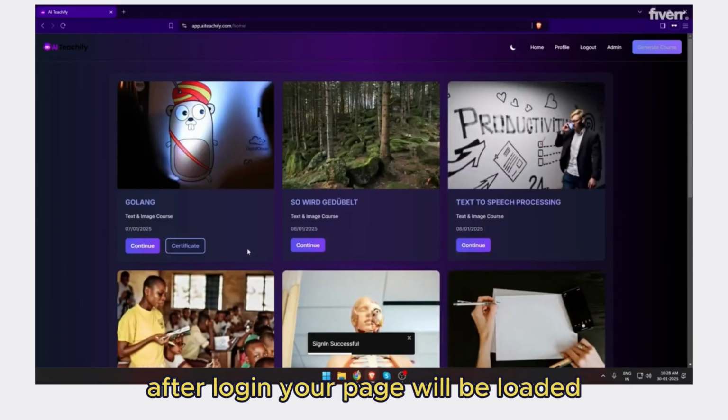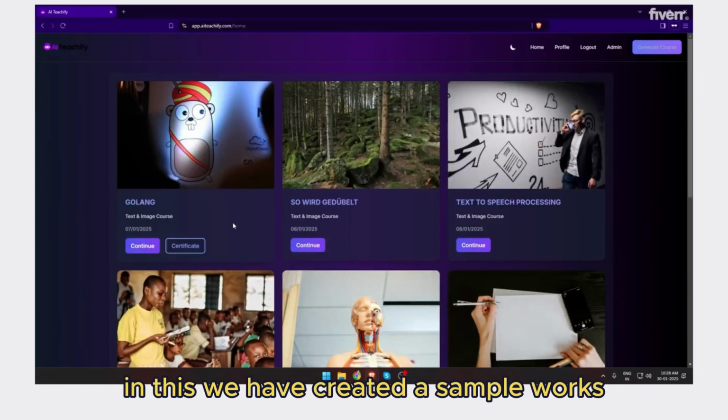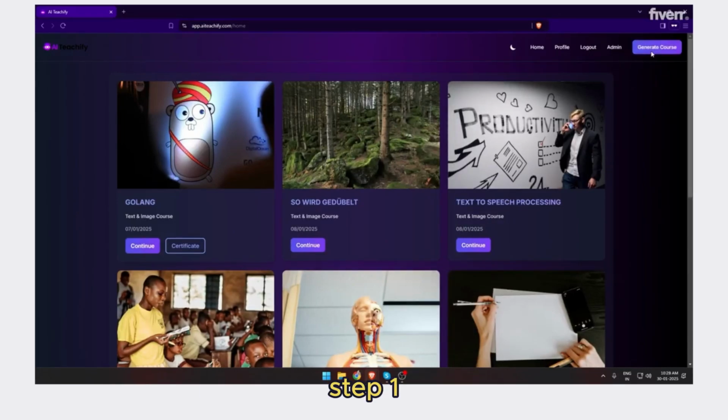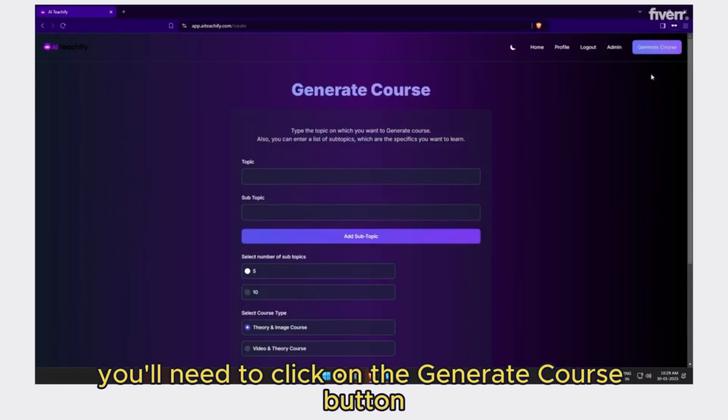After login, your page will be loaded. In this, we have created a sample works. Now, to generate a course, step 1, you'll need to click on the Generate Course button on the top right